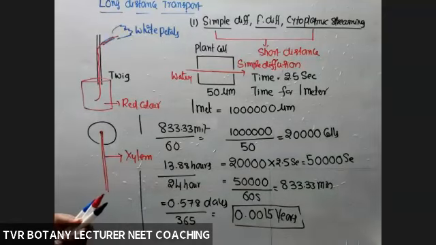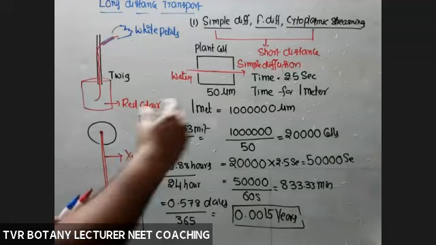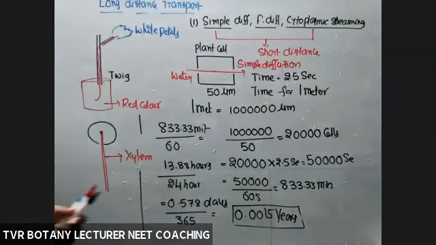Rotation means a cell with one vacuole and movement of cytoplasm in one direction. Circulation is possible in a cell with more than one vacuole. There, around one vacuole it is one direction, around another vacuole some other direction. So simply remember, cytoplasmic streaming movement is present in the cells of the Hydrilla plant, where we can observe chloroplast movement. So definitely, simple diffusion is insufficient according to that calculation.